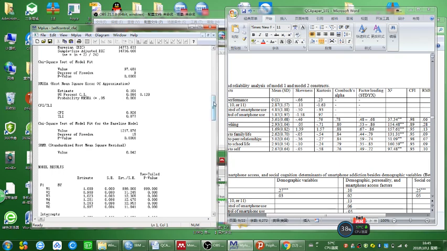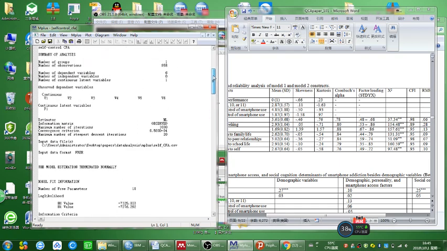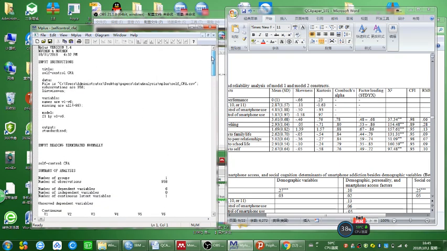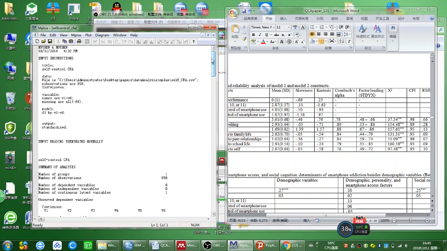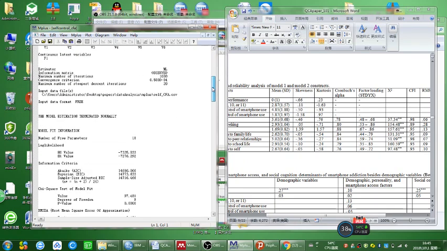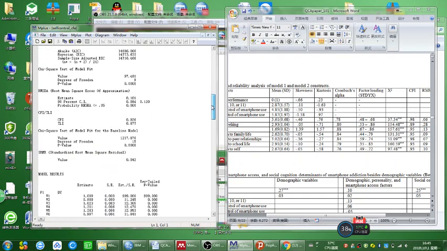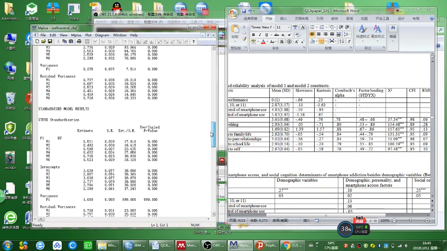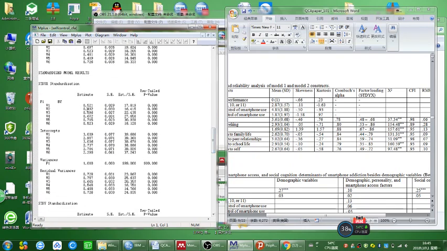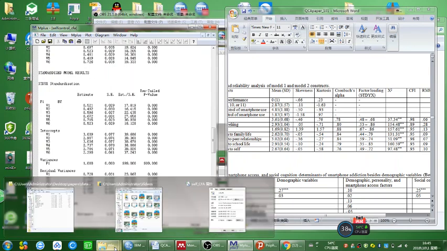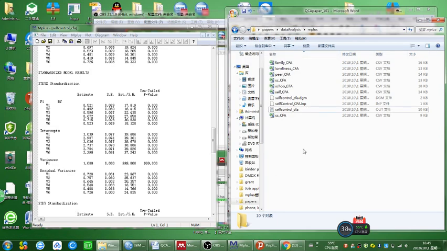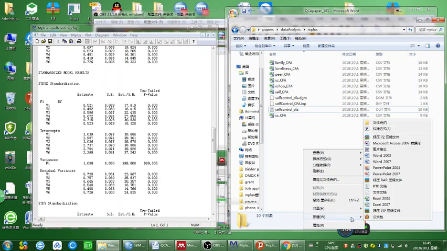So here I have a confirmatory factor analysis for this self-awareness construct, and you can see the factor loadings are down here. Okay, so to calculate average variance extracted, first you need to